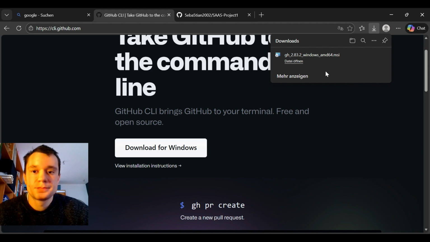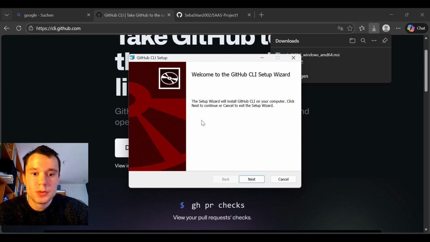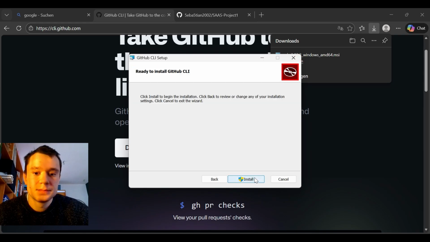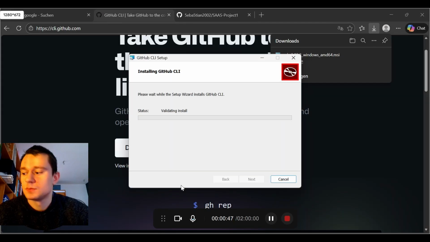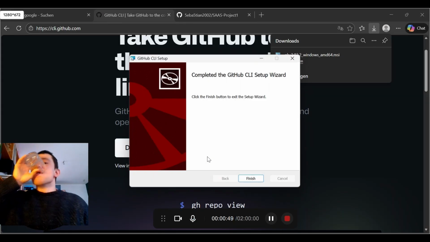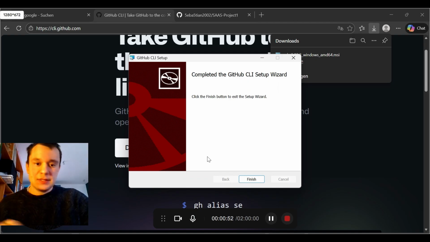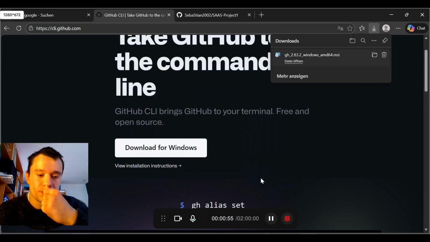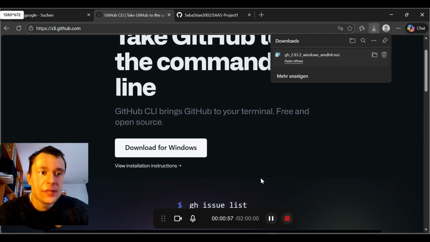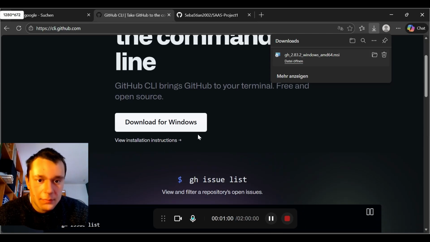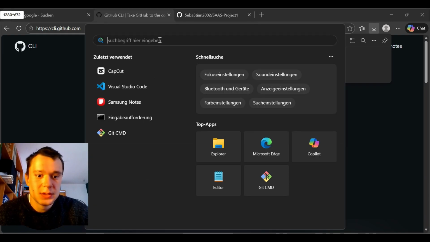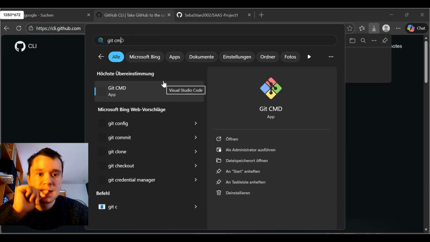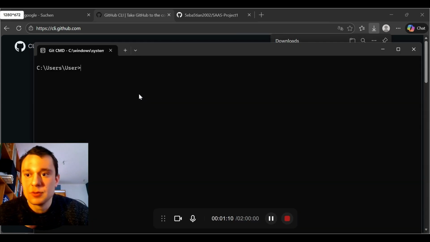Open it. Then just go through this installation process. Click on yes. And then it is completed. Okay, and then you just go here to Git CMD, and now you can